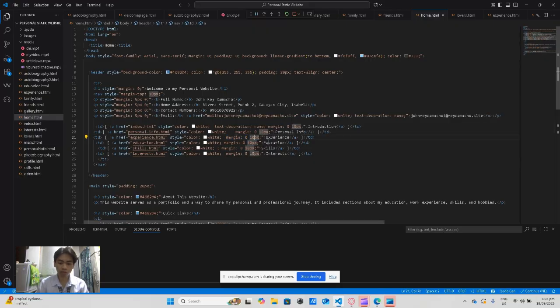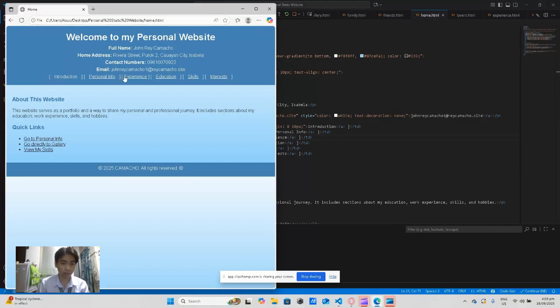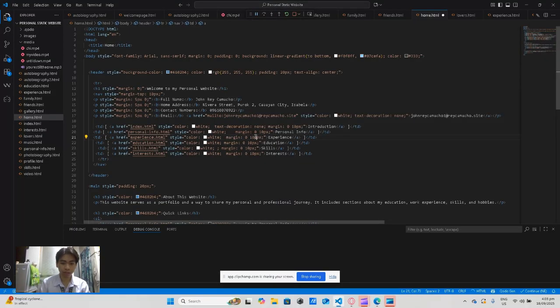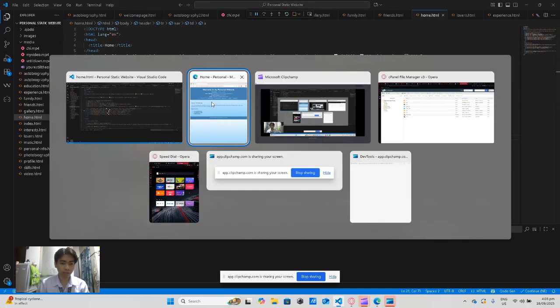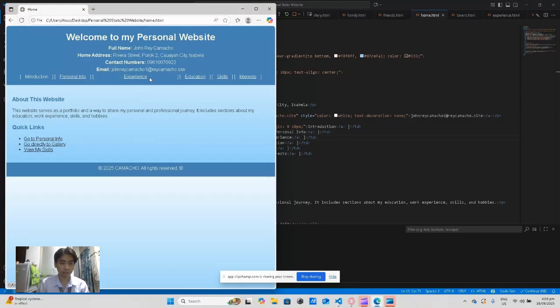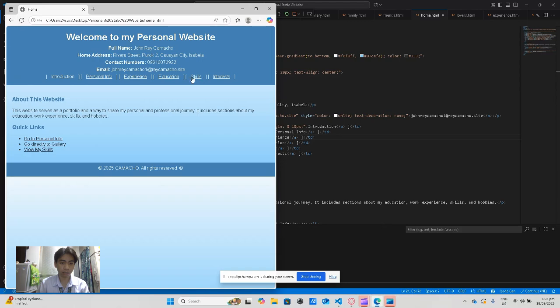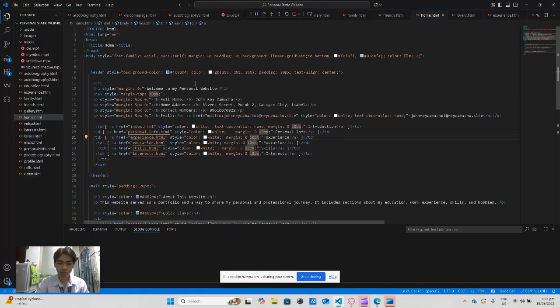If I change this to 0, you can see that Experience is too close to the other links. Let's put this into 100, and now they are way too far from each other. Now let's turn this back to 10, and now it's a lot better.